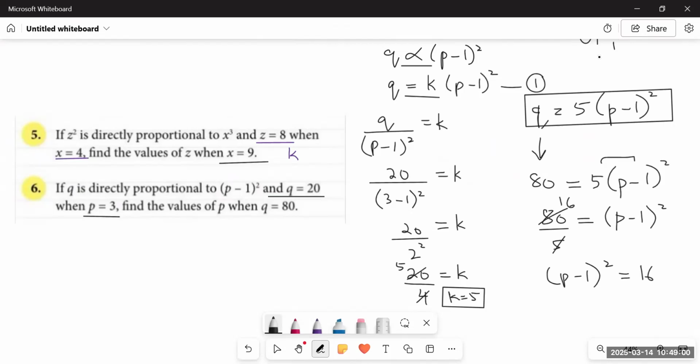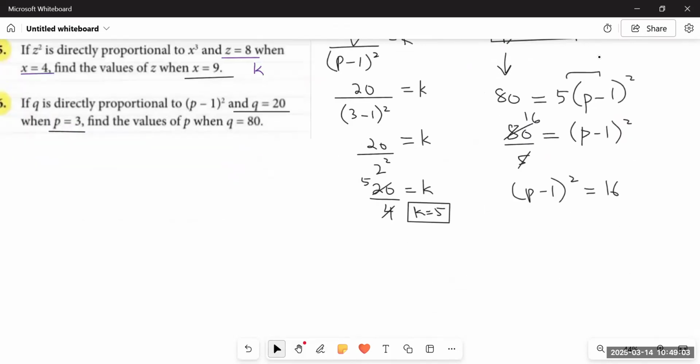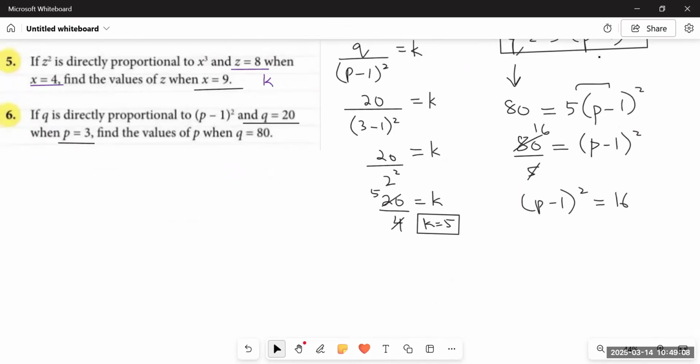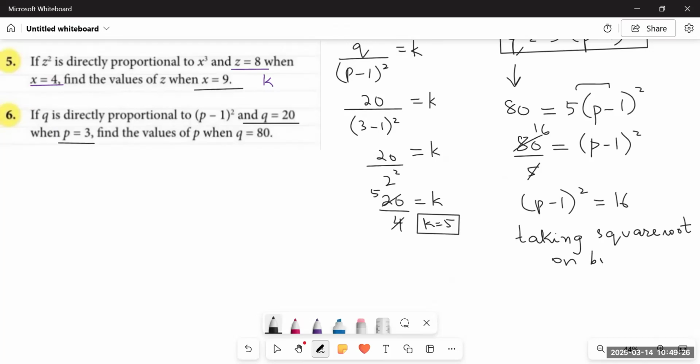And I told you earlier as well that whenever you come up with a variable having a square, how can you remove the square? Taking the square root on both sides. That's the key to solve these type of questions. Whenever you come up with a square in the subject, that is the variable that you have to find, you just have to take a square root on both sides. This will remove the square from the left-hand side. But in this case, you have to take the square root on both sides, not just one. So when we take the square root on both hand sides, it becomes p minus 1 to the whole square is equals to under root 16.